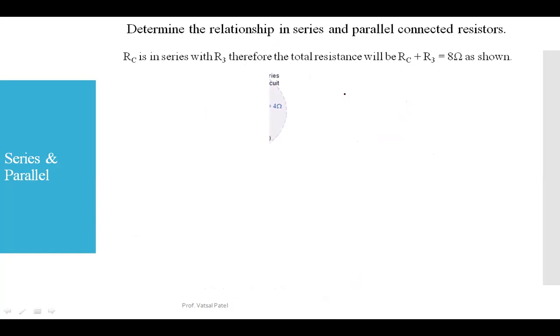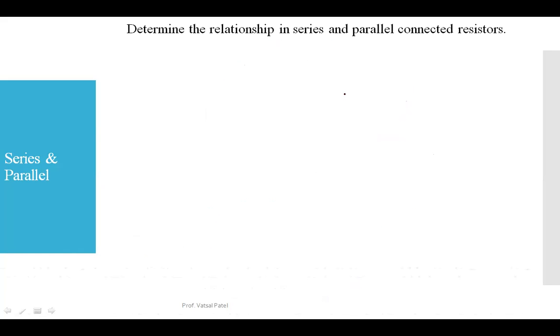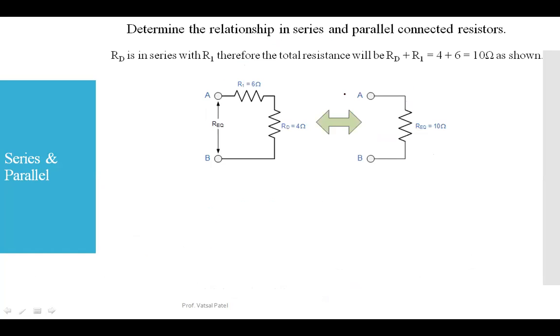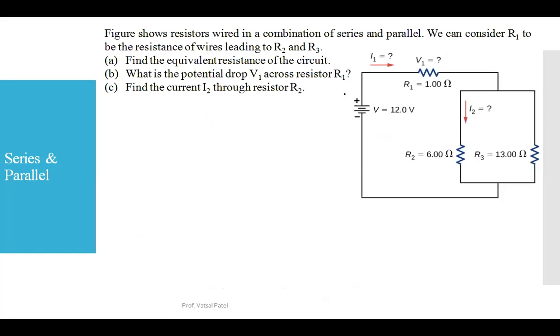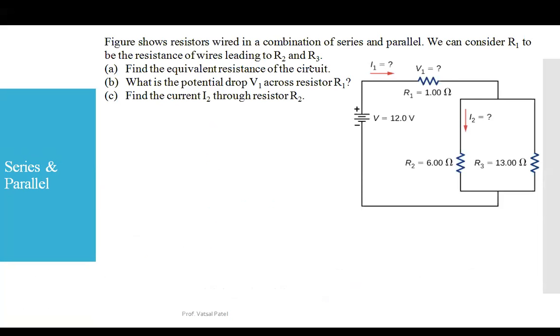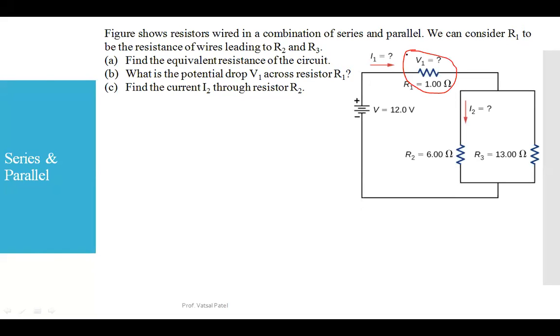And the last answer we received is 10. And this example is the same type. You have to identify a few parameters over here. Like in this example, you can see this. You have to find out the equivalent value of the resistance first of all. Then you have to identify the potential drop across V1, right? Or V1 you have to identify here. And then you have to identify the current I2 here.